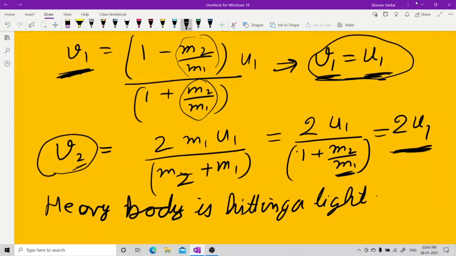And the velocity of the cycle, which was earlier 0, now becomes 2 times. I said something, I think I made a little bit of a mistake there. Sorry for that, but here is the correction. This is the final velocity of the heavy body. It is moving with the same velocity, there is no change. A truck will come and hit a cycle, and the truck will move with the same velocity. Nothing will happen. But if the cycle is at rest, V2 is the velocity of the cycle after hitting. It will fly in the air with 2 times the velocity of the truck.